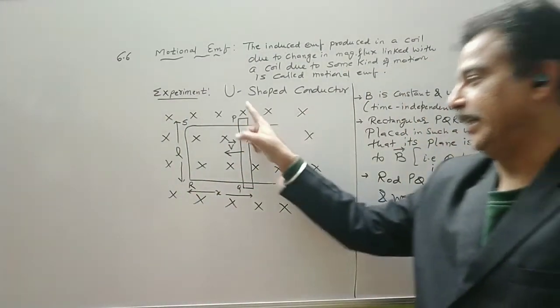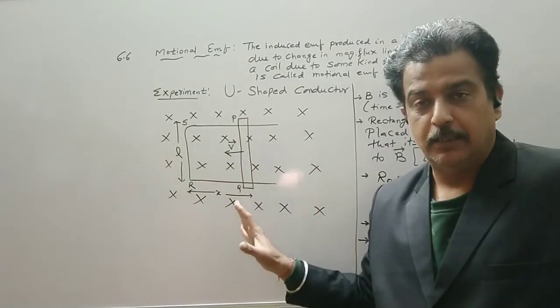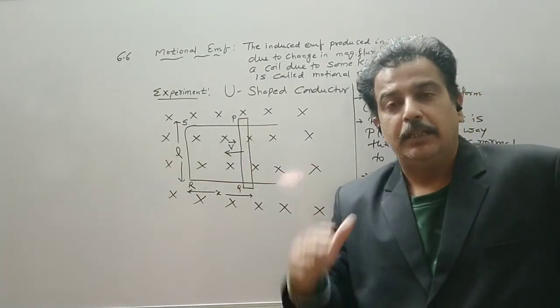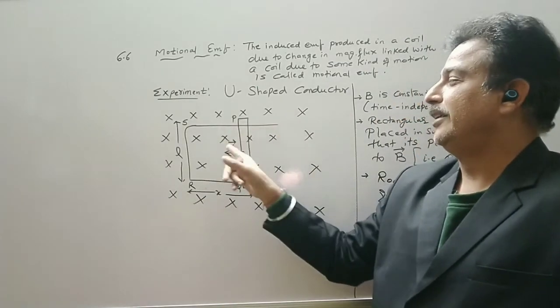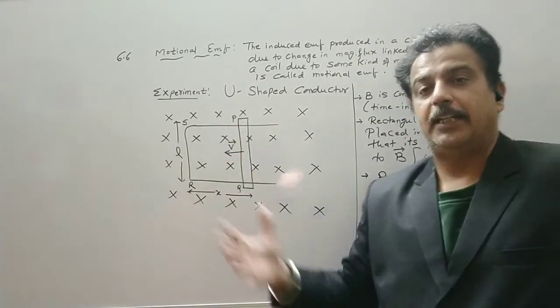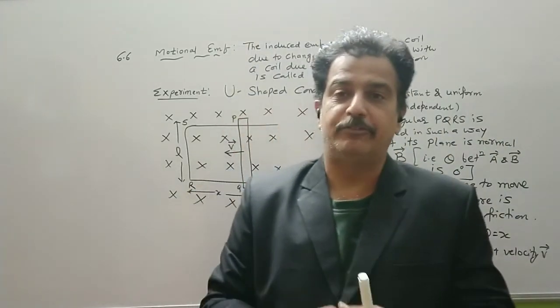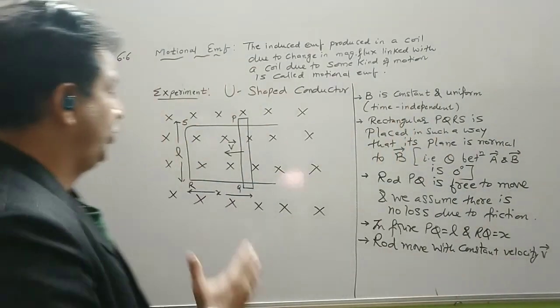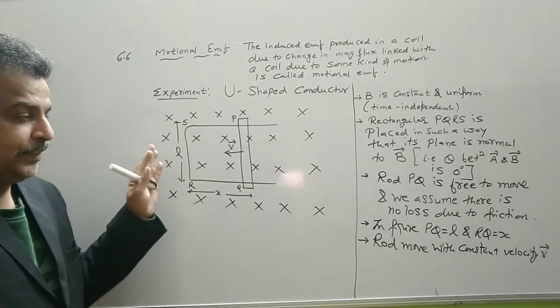What is the area now? Present area PQRS. X is changing. So the area will change. If the area changes, the magnetic flux changes; clearly the number of field lines will decrease. So magnetic flux will decrease. Now as there is a change in the magnetic flux, EMF should be induced, or current should be induced. So X is changing, so EMF is induced.